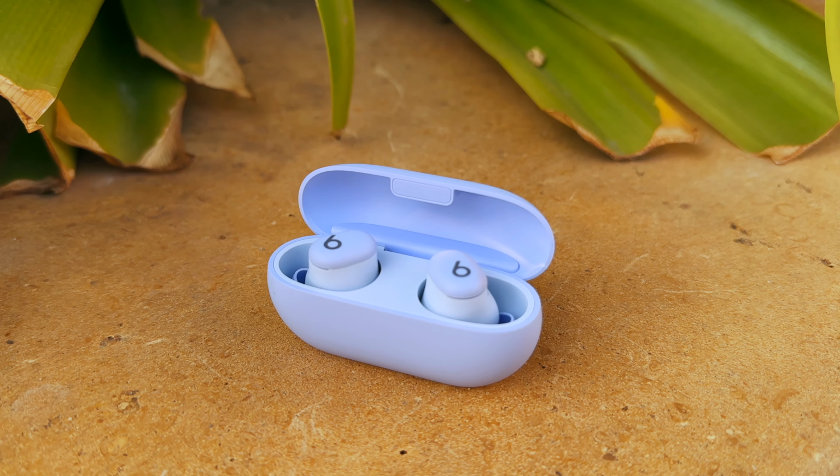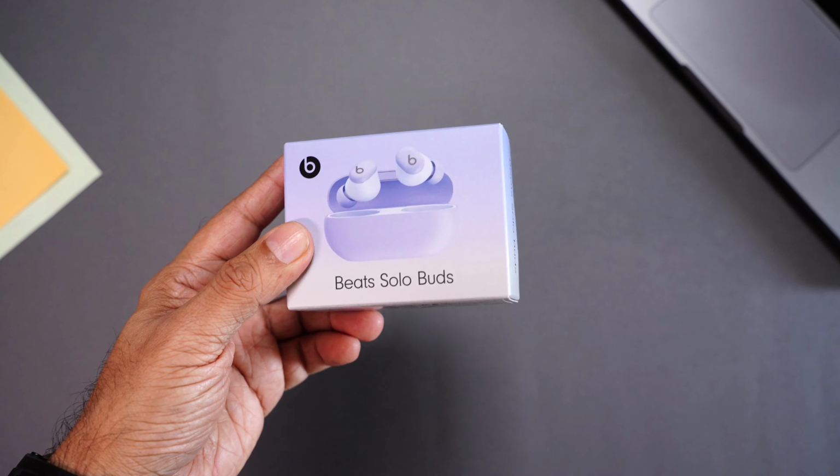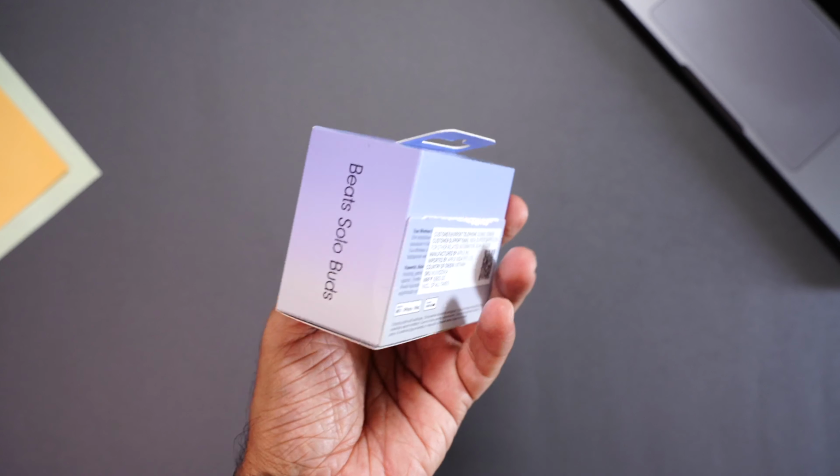I've been using these for over 2 weeks. Let me share all my experiences so you can decide if the Beats Solo Buds are worth your money or not. Let's begin. So technically we have already unboxed them, but just to give you a quick idea,